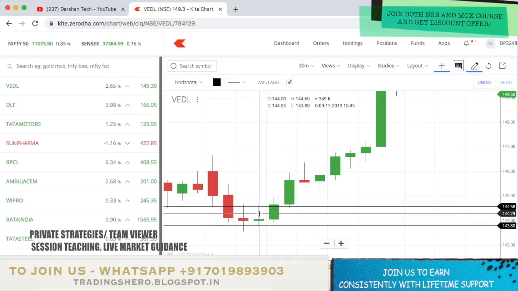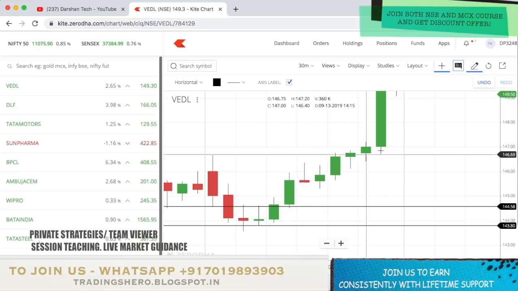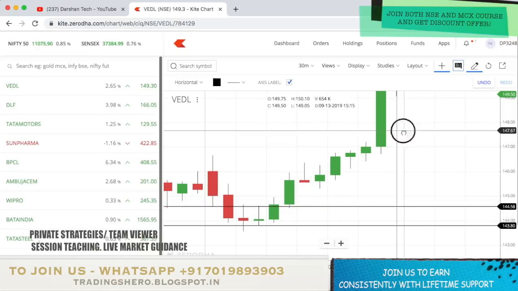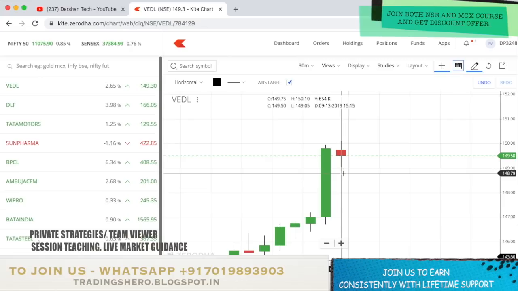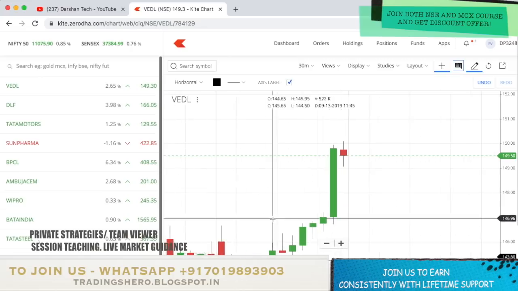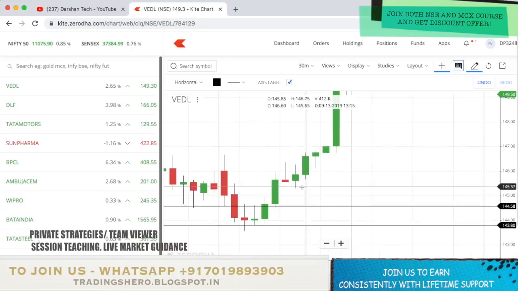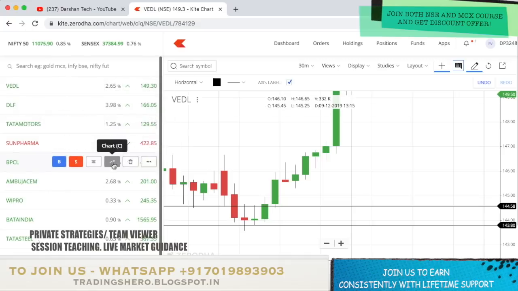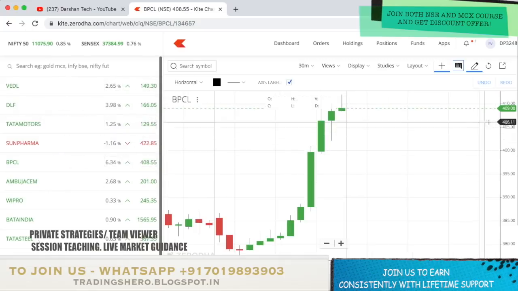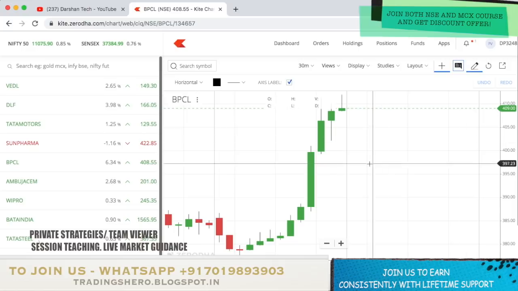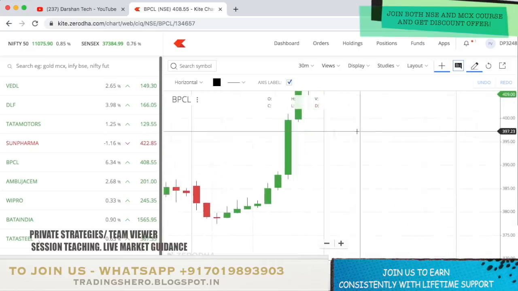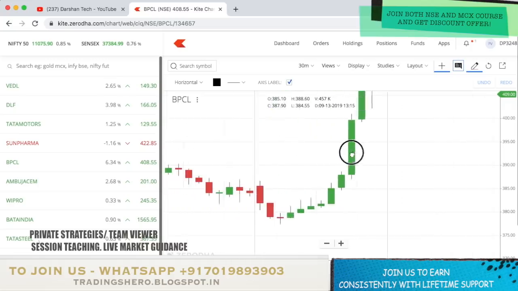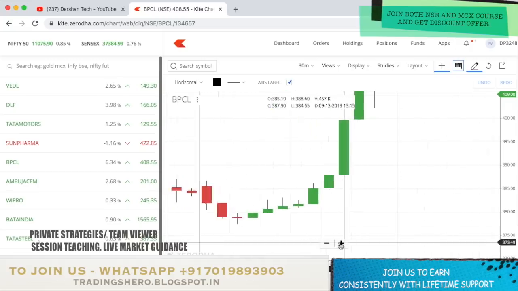So as you can see the high got broke, that is 144.60, and the stock went all the way up till almost 150.10. That was a straight up movement. Okay, so this is how it's performed. So now let me go to the other stocks so that I'll show you a few examples and you guys will understand it. Okay, so here again in BPCL,